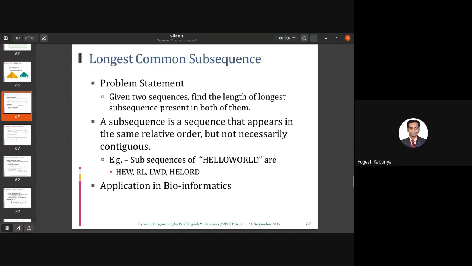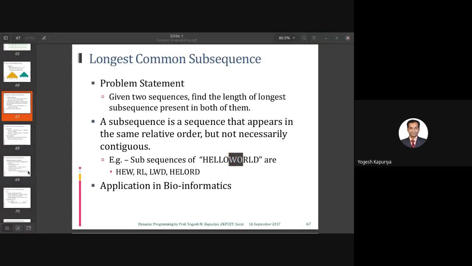For example, if I say DLR, it is not a subsequence, because you cannot find anything after D. Similarly, if I say WOL, there is W, there is O, and there is L, so that's a subsequence. But if I say WOH, you have W and O, but there is no H after this. So that's why WOH is not a subsequence.